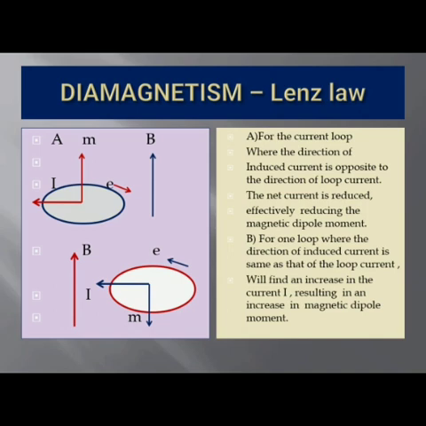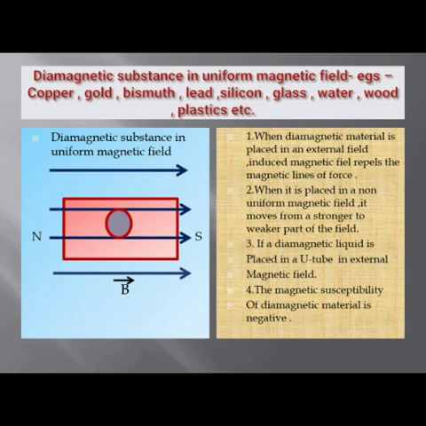Let us see the second figure. Now in this loop you could see that the direction of the induced current is the same as that of the loop current, and this will result in an increase in the current I, resulting in an increase in the magnetic dipole moment. Students, let us consider the diamagnetic substances in a uniform magnetic field, a few examples of which are copper,